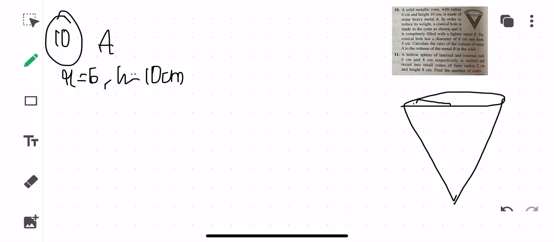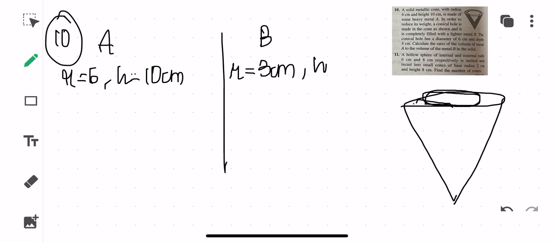Now it is very heavy, so in order to reduce its weight, what are we doing? We are making a conical hole here like this, children. Okay, so a small hole, and for that, suppose this is for lighter metal B, the radius is equal to how much? The diameter has been given as 6, which means the radius is equal to 3 centimeter and the depth, meaning height, has been given as 4 centimeter. This is for the second cone, that is this one.